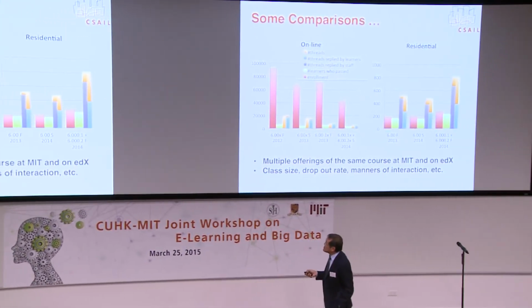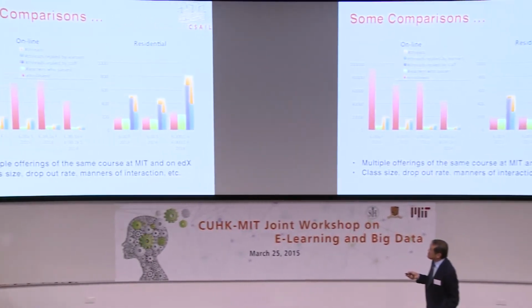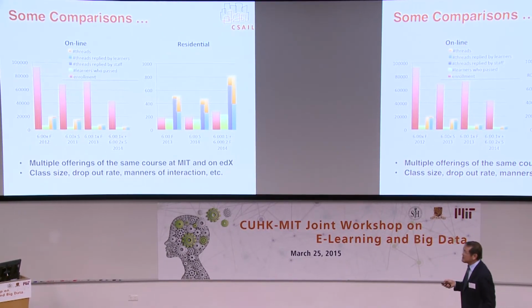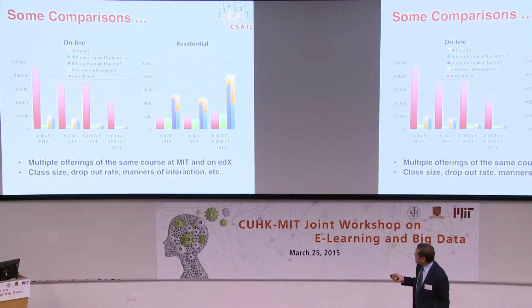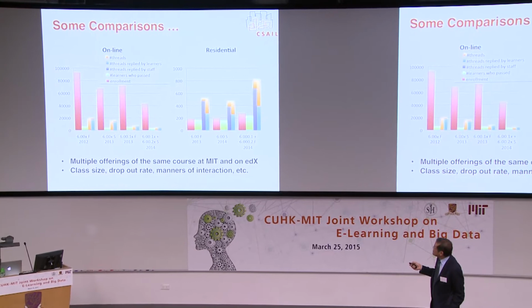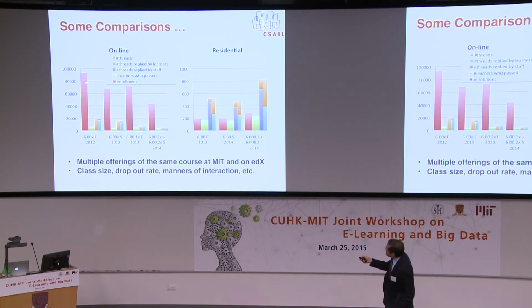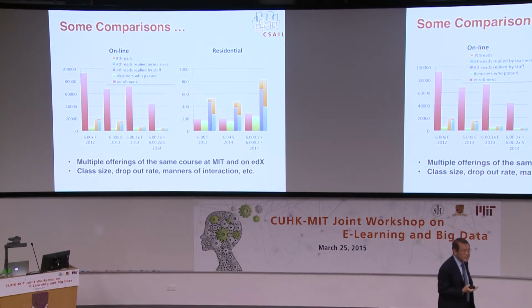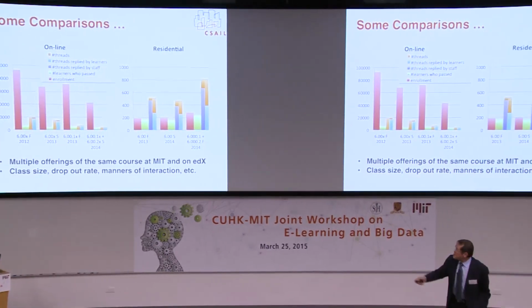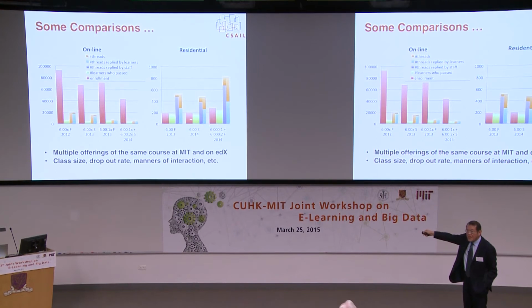So you can look at this and you see, for example, the enrollment. You can see red is the total number of enrollments. That's measured in terms of tens of thousands of students. Whereas on campus, you're looking at 200 or 300 students. And this particular one is a high, the last time it was offered. If you look at the green one, that says how many people actually passed the course, they were certified. You will see that on campus, the number of people who start and the number who finish are more or less the same.